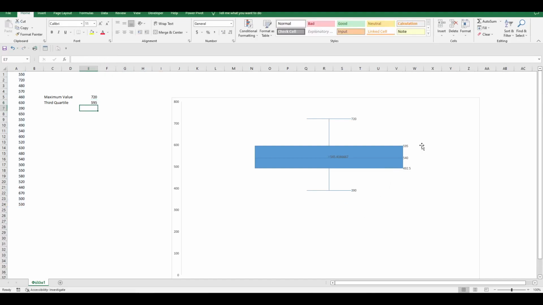We have presented in a previous video what is the difference between the quartile exclusive and the quartile inclusive functions of Excel. And anybody that may be interested can watch it. Here is the value of the median. That is equal to 540.